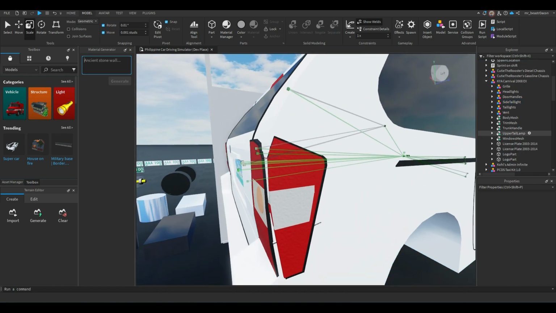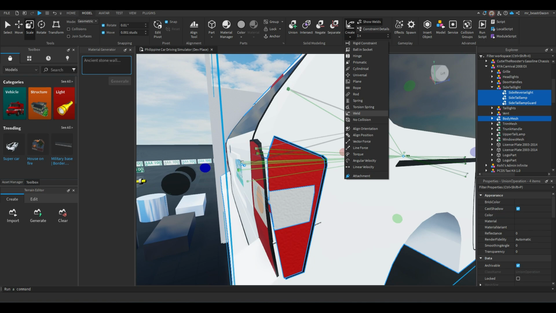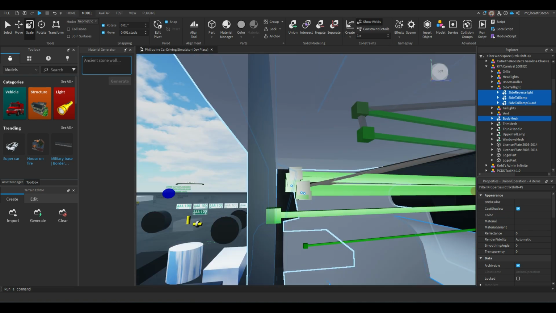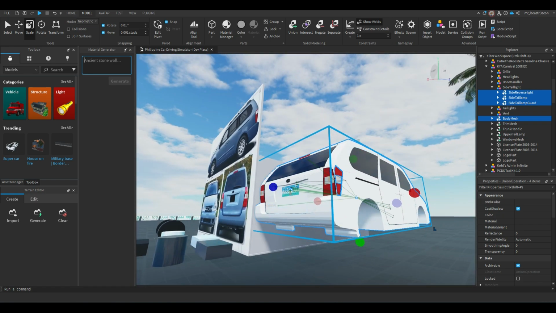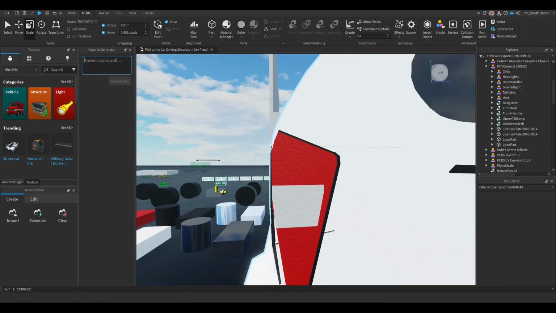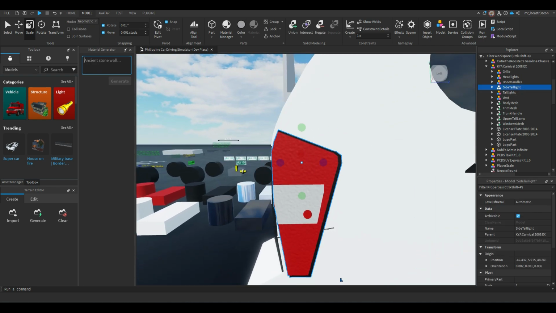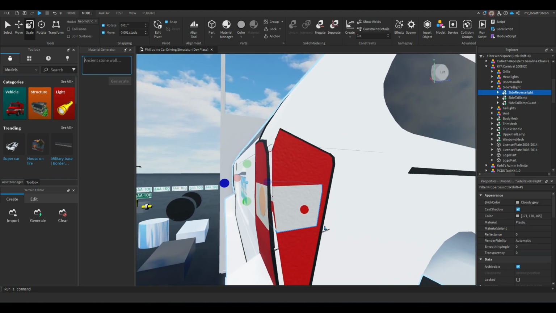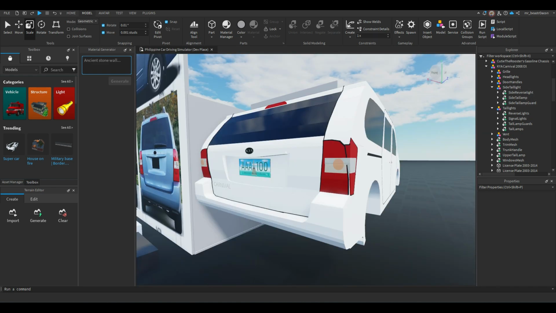And then all you gotta do is just weld the parts of the side tail light with the body mesh. Click create weld. As you can see, there are 3 new welds right here. The 3 parts of the side tail light are now welded into the body mesh. And then if it's not correct, scale it a little bit, and if the proportions are not correct, scale the parts a little bit. Once all the parts have been scaled in place,